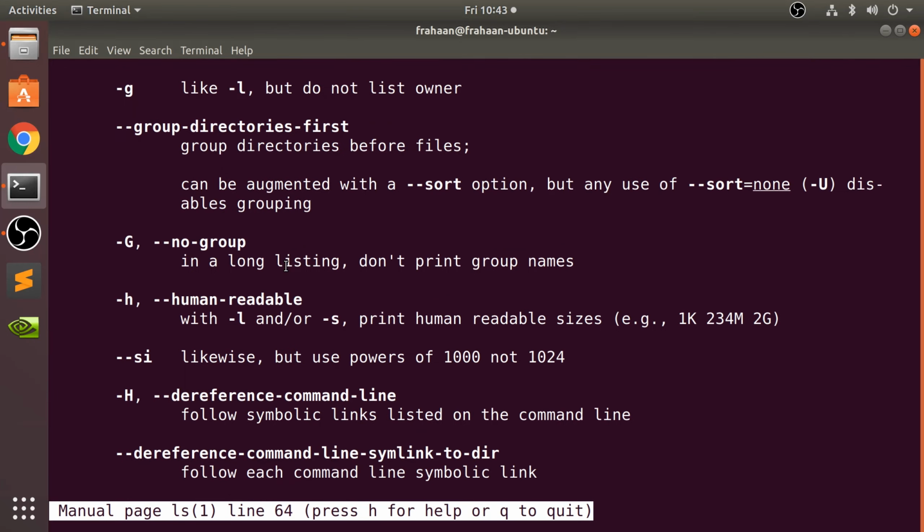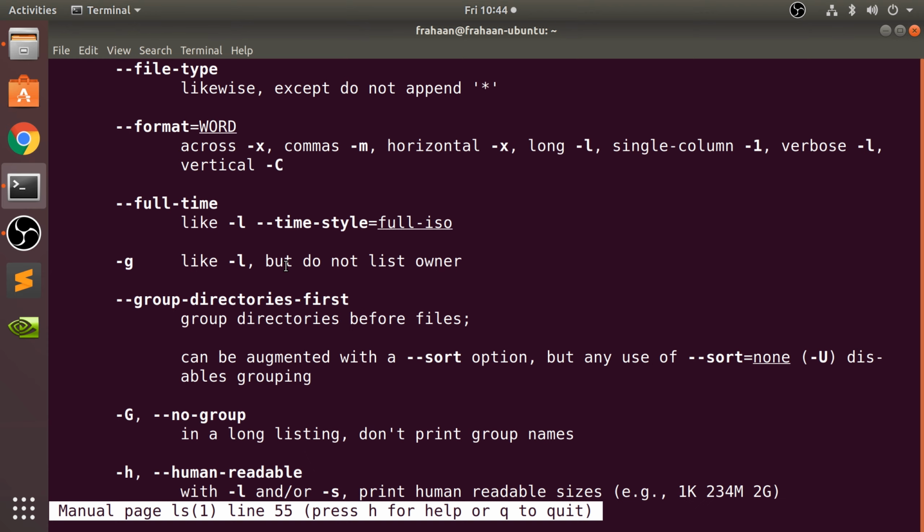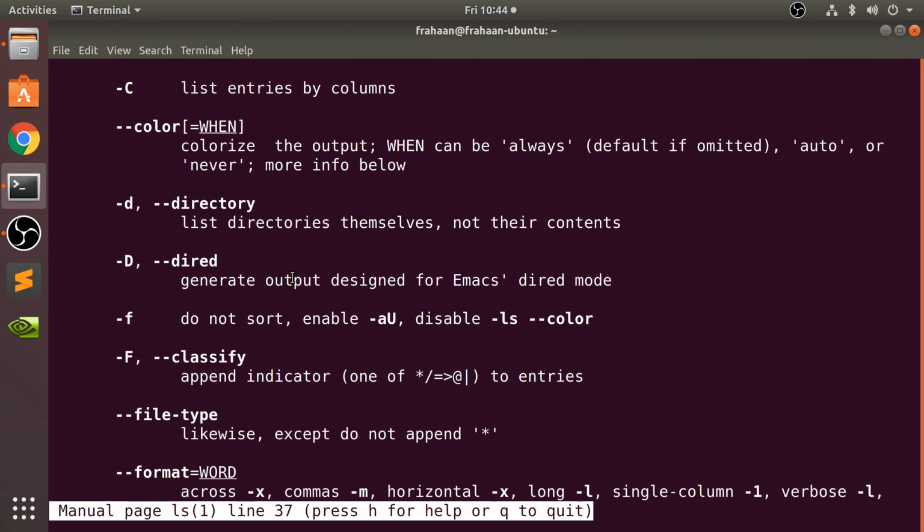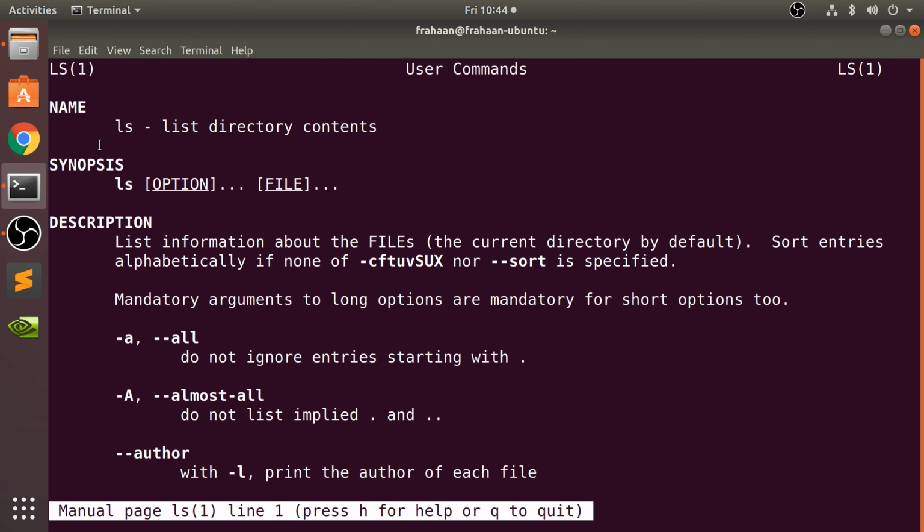Because realistically, it's not going to be feasible for me or anyone else to create a set of videos that covers every command with every parameter combination. And you don't actually need that. If you go back to my list folder contents video, where I covered the ls command, I covered it on its own and a few of the basic parameters that you will most likely use on a day-to-day basis. If you want to know more information, you can literally put man then